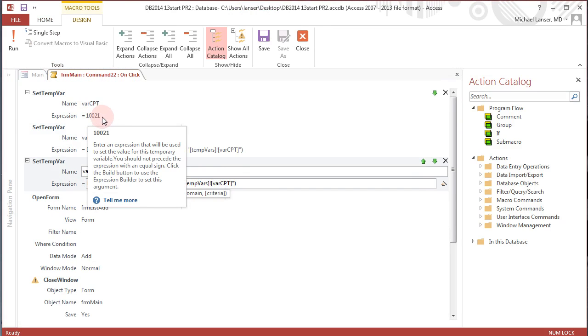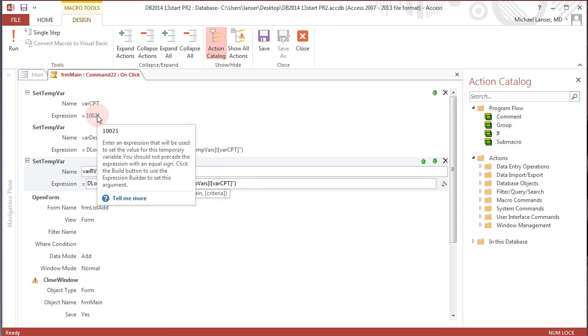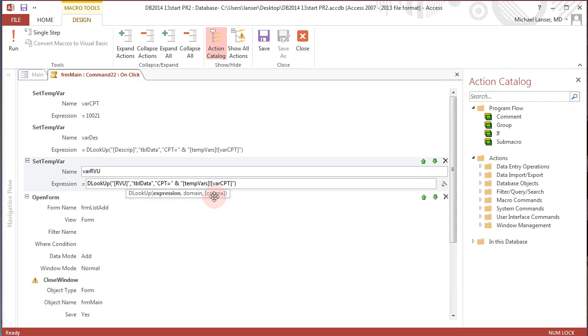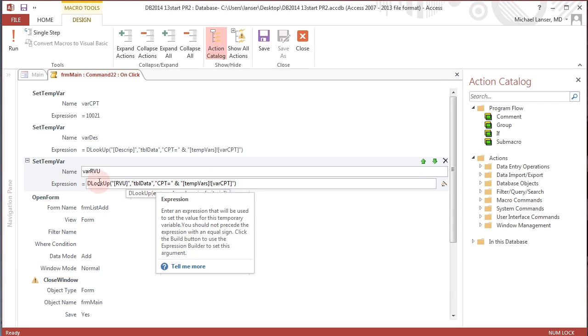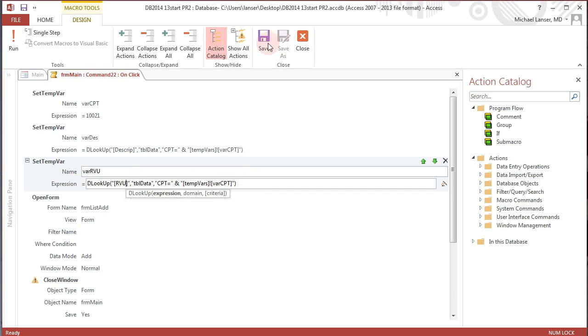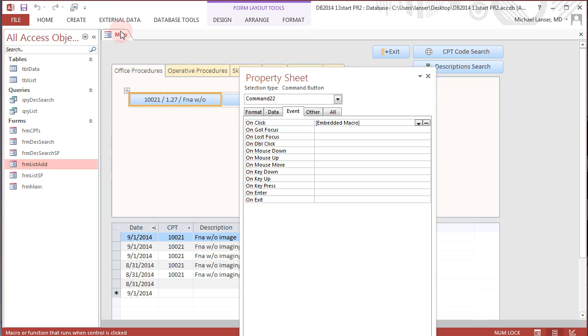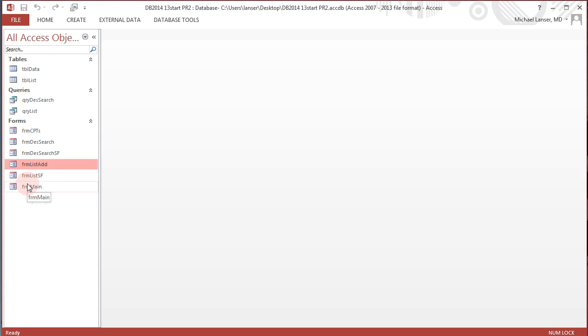So this is what we are going to be using as our criteria for determining what value goes in here. Let's save this, copy this, save and close, save and close, go back to,